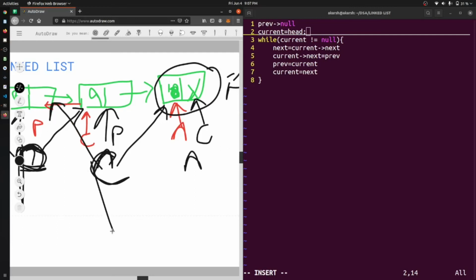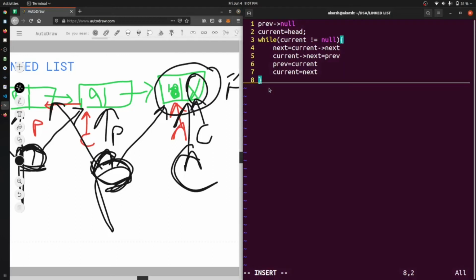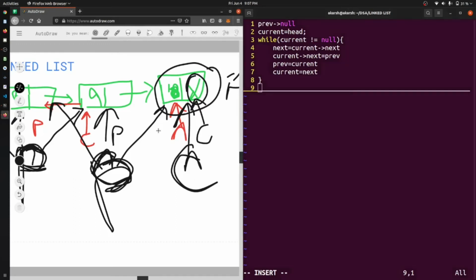Okay, and after that this will become previous, and this will become current, and now at this point current is pointing at null. So we will just terminate this while loop. Okay, and after that head dot next will become our element.